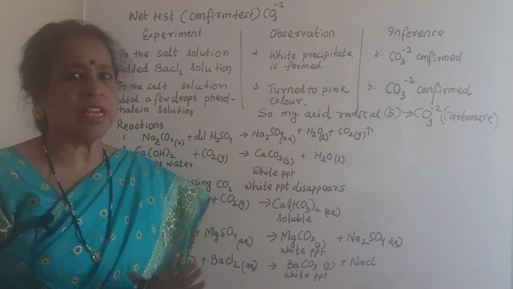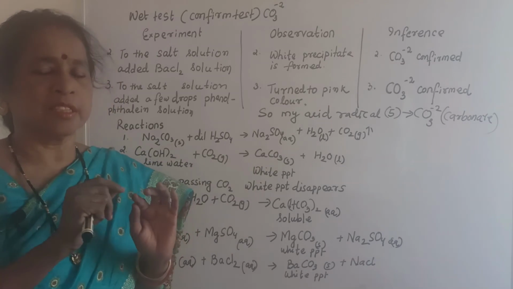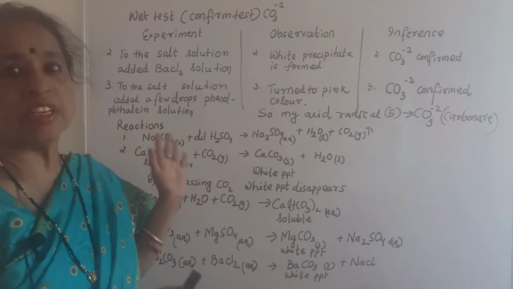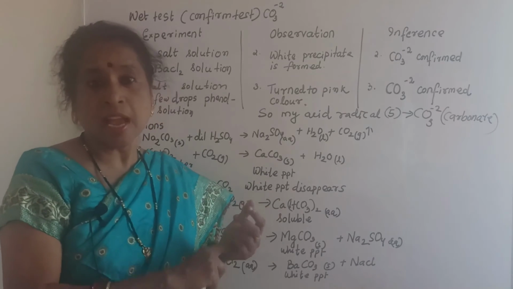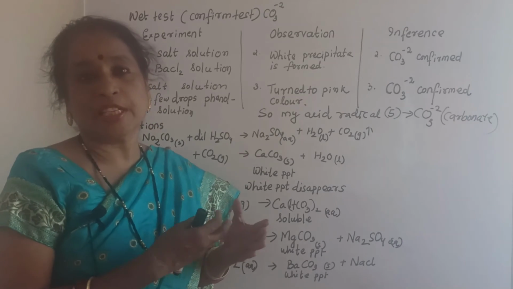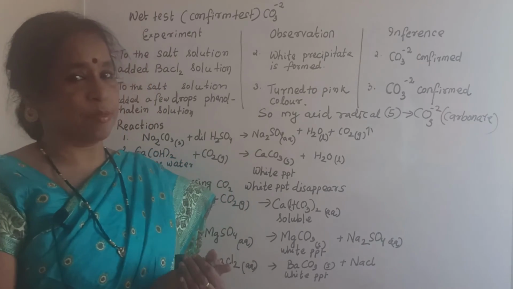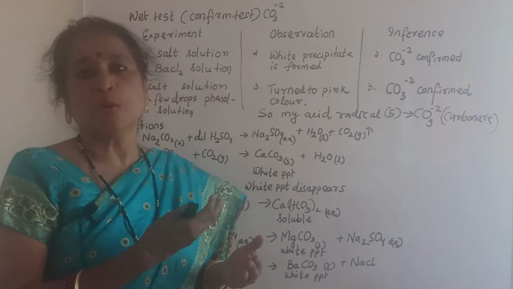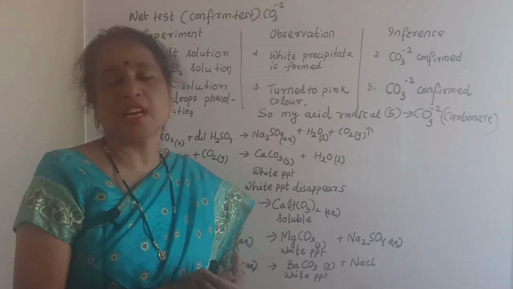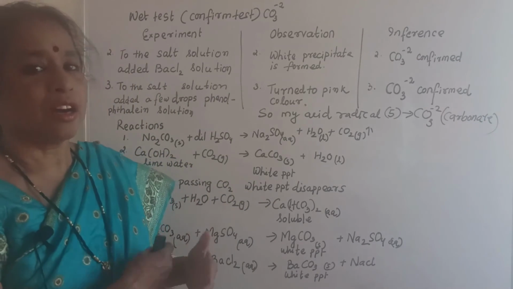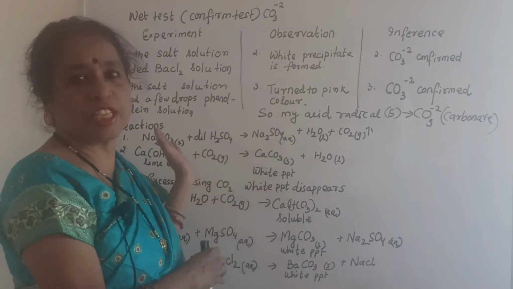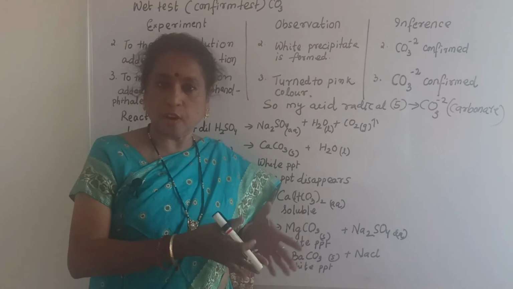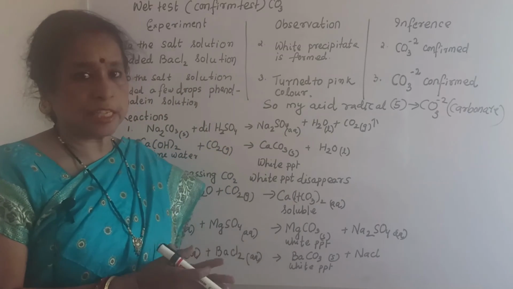Again I want to say, first you will see physical state, color, structure, solubility, then do the dry test. Here I have done the dry test with dilute sulfuric acid first, and then what? Here a colorless, odorless gas evolves, which indicates maybe carbonate, and it also turns lime water milky, which again makes me sure that it may be carbonate. And I have done the confirmatory test, that is the wet test, after doing the dry test.